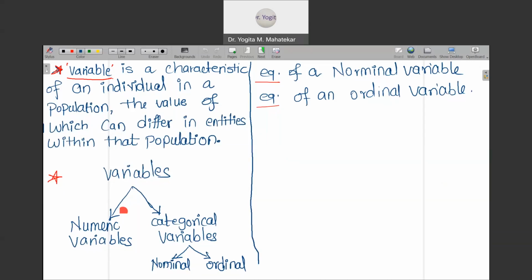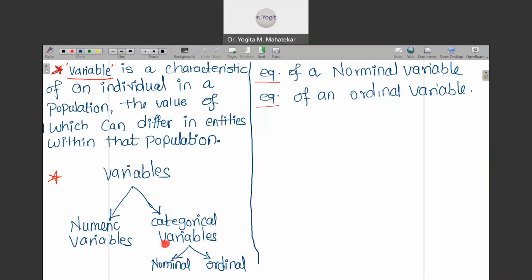The variable we can divide into two categories. Numeric variables: numerical data is available to us, say for example weights of chicks in the numerical data we have just seen. Second is categorical variables, which give us some characteristics, not in the form of numerical data. So it's a qualitative variable, you can say. Categorical variables are further divided into two forms: nominal categorical variable and ordinal categorical variable.